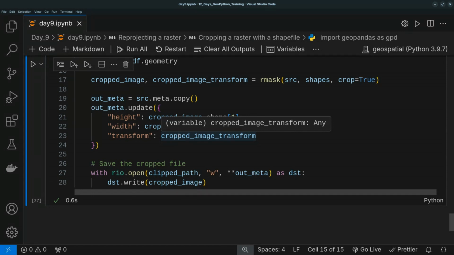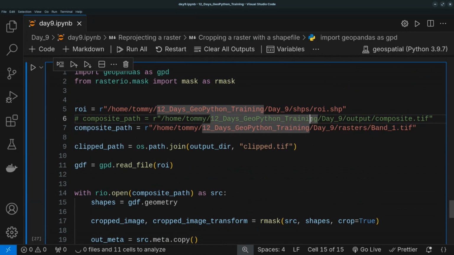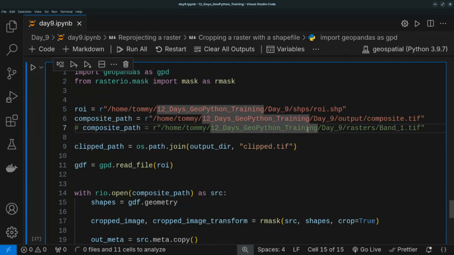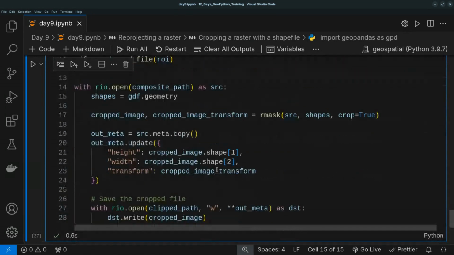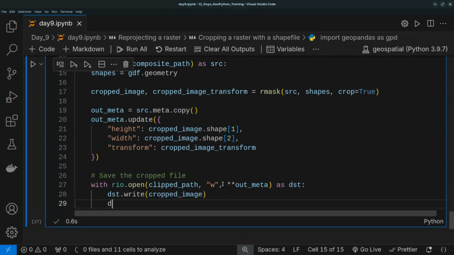So in case yours throws an error, especially when you are doing the composite, let me uncomment this and comment this. In case you are doing the composite and it throws an error, in here when you are writing it, what you have to do is to say dst.write and now writing the images themselves one by one, each and every single band. That will be cropped underscore image, and then we use a selection. So we select